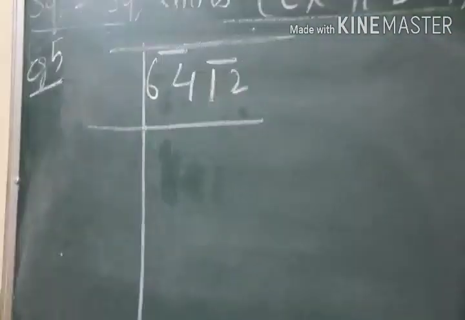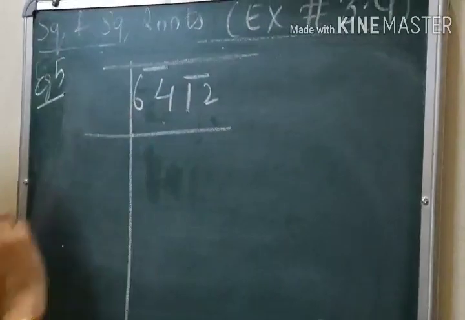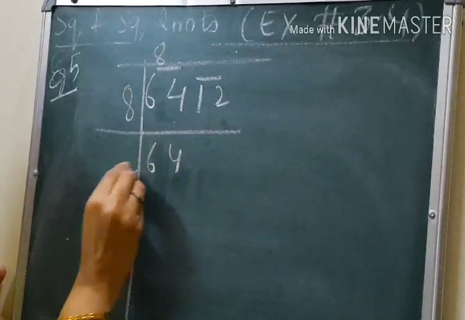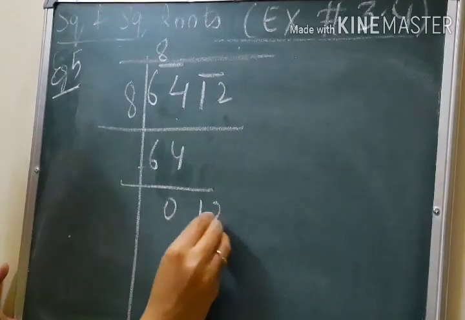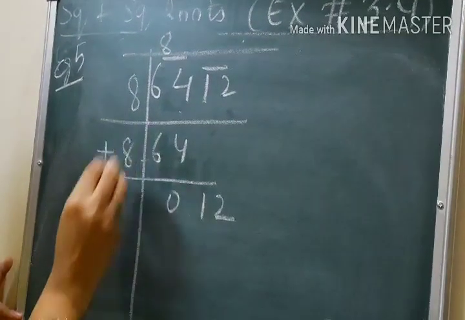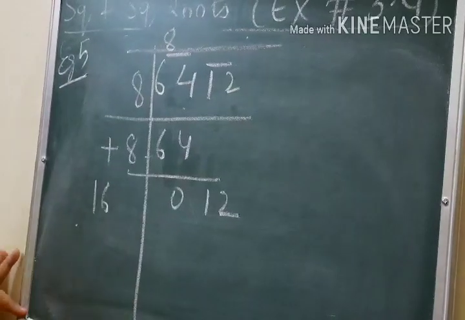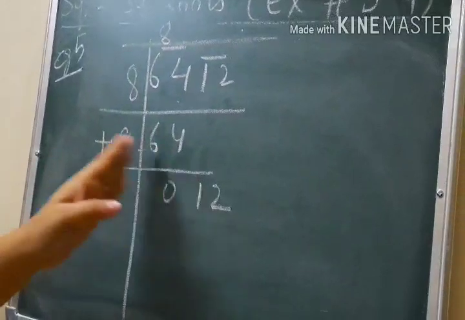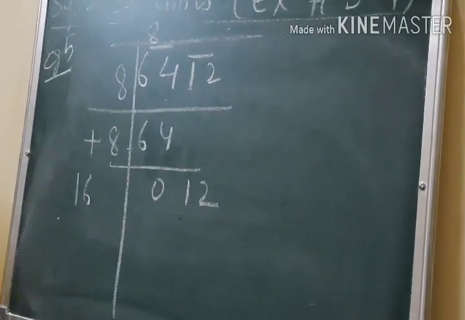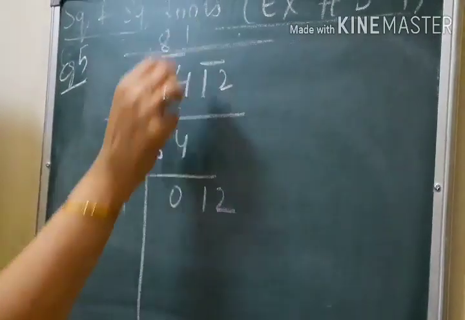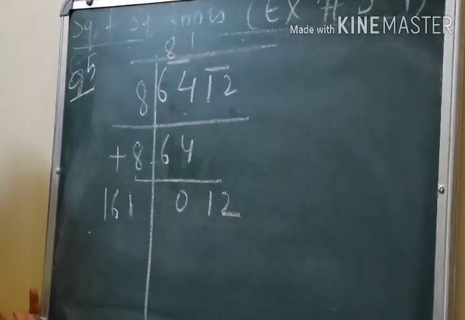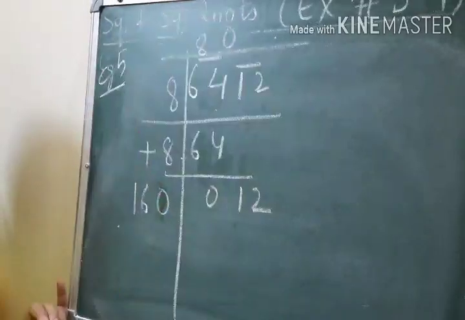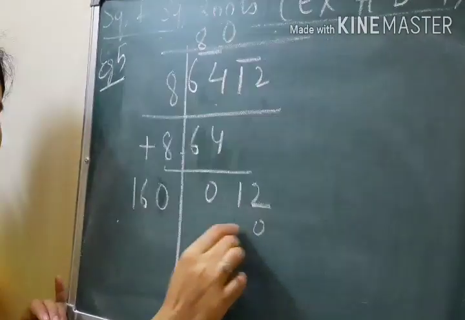Right? So this is the number 64. It is a perfect square. 8 8s are 64. 0. And we'll note down the next pair. 8 plus 8, this is 16. Now, this number is 12, this is 16, this is smaller than this. So what we will do, if I just put 1 here, it will be 161, 1s are 161. Right? So we need to put 0 here. Only then it can be subtracted.